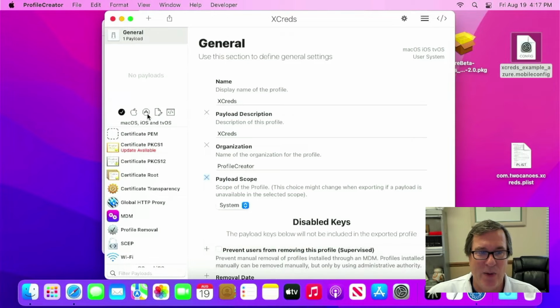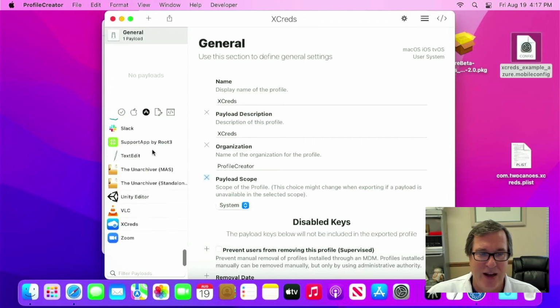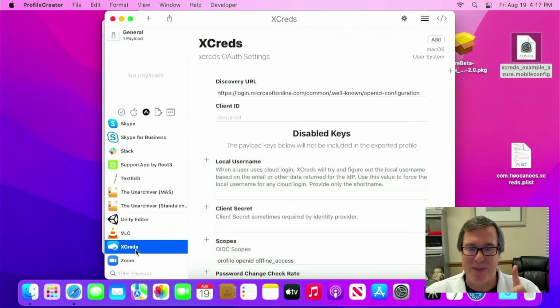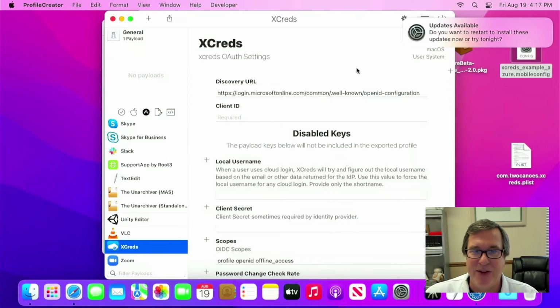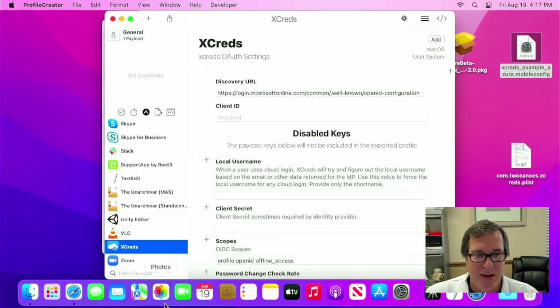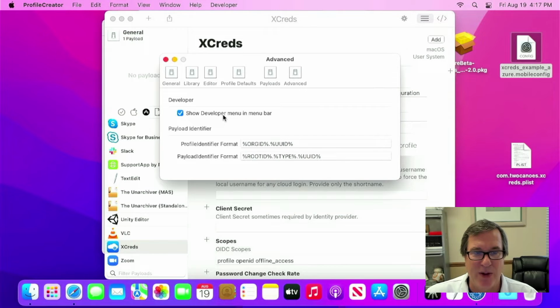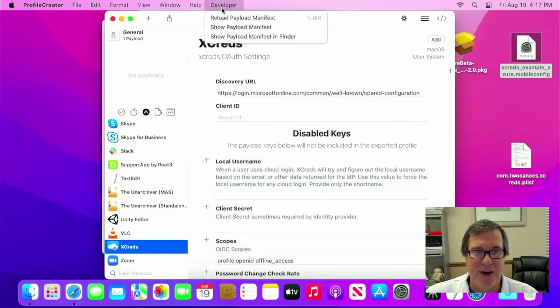And then we can go in and under applications, if we've submitted this to the project, it should be populating by default. It hasn't been accepted yet, but hopefully it will soon. And if you don't see this, you can go into the preferences, go to advanced, and turn on the developer menu. And then under developer, you do show